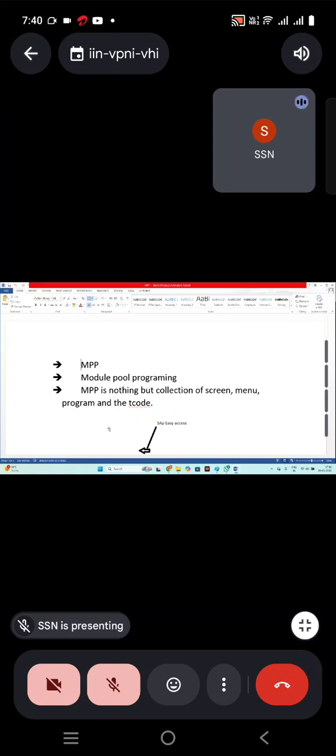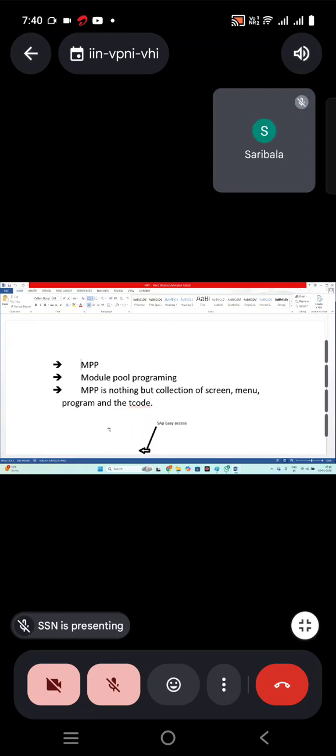So we are going to create this. What is the use of that? Here we can create our own screen and our own GUI status. To write the code in the screen, we need modules. That modules collection we can keep in our program. That's the reason we are creating a type M program. We can create all these in the individual T codes, or we can create in SE80. I showed both the examples, SE80 and individual T codes. Correct?